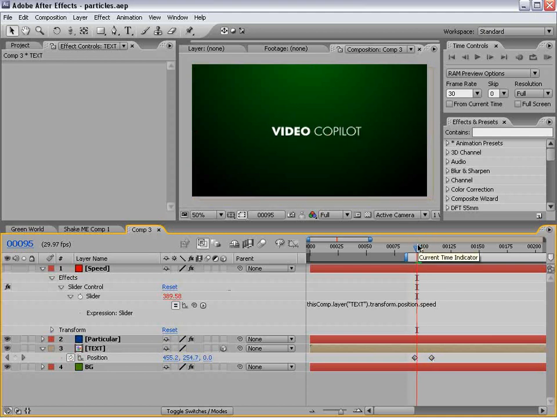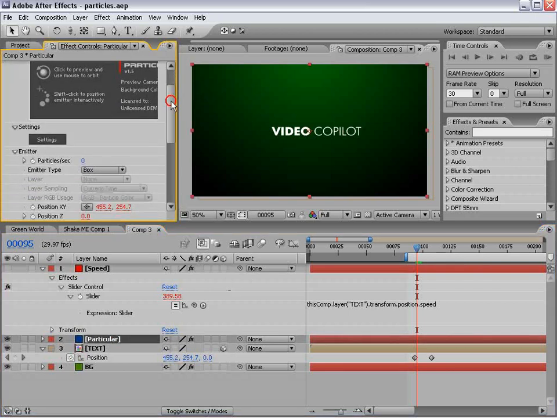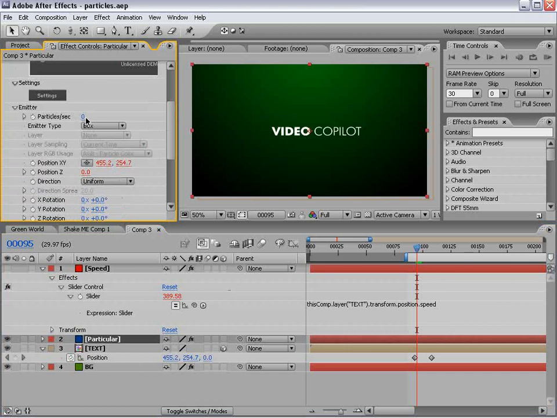So now how can we actually use that to be something useful? Well, let's go to our Particular, and what we have here is our particles per second. So what if we link that to